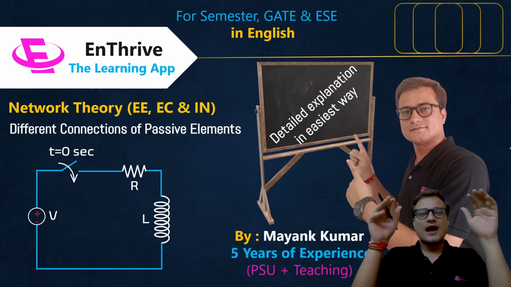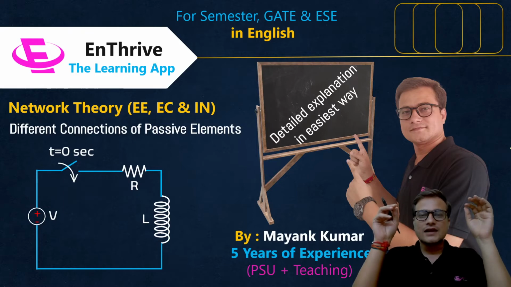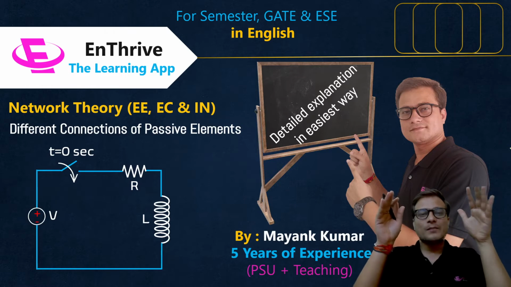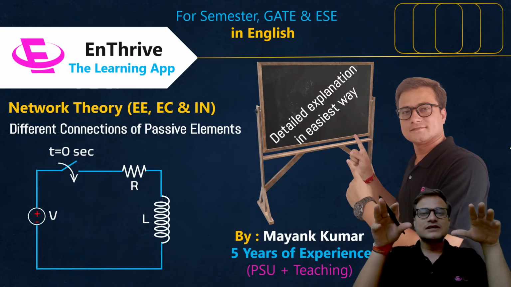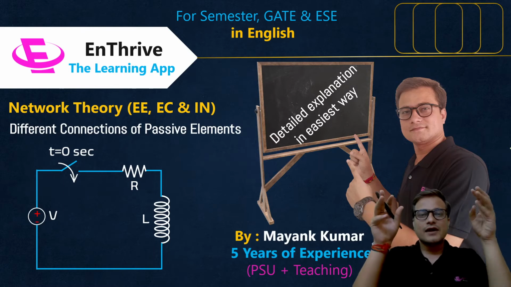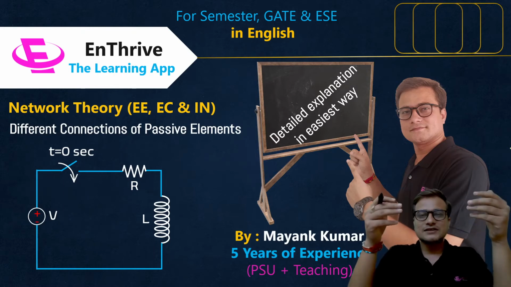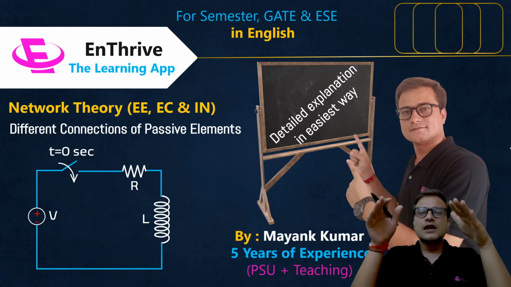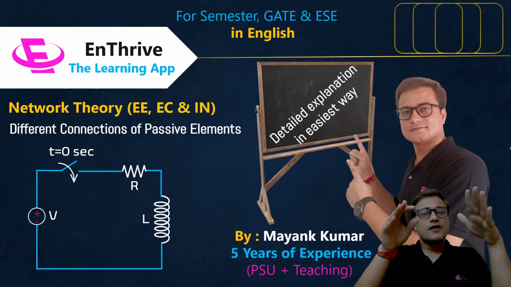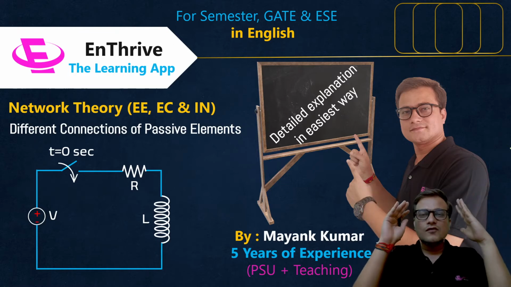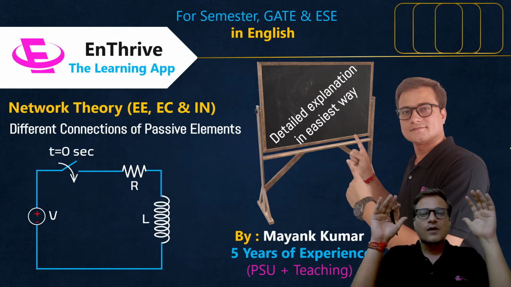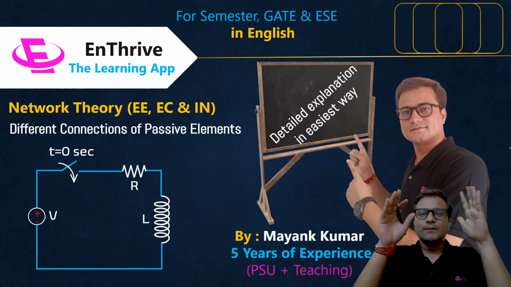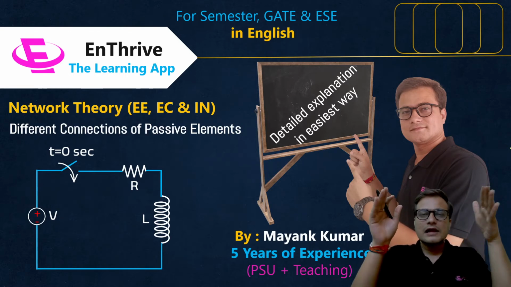In the previous session, I discussed the basics of electrical elements. Now, in this section, I'm going to discuss different connections of passive elements. That means, first we'll see series and parallel connections of resistances, inductances, and capacitances, and then we'll see the Wheatstone bridge circuit, and then we'll discuss star to delta conversion and delta to star conversion. And for star delta conversion, I'll give you a very special trick. With the help of that trick, you can very easily write the values of the delta network or star network.